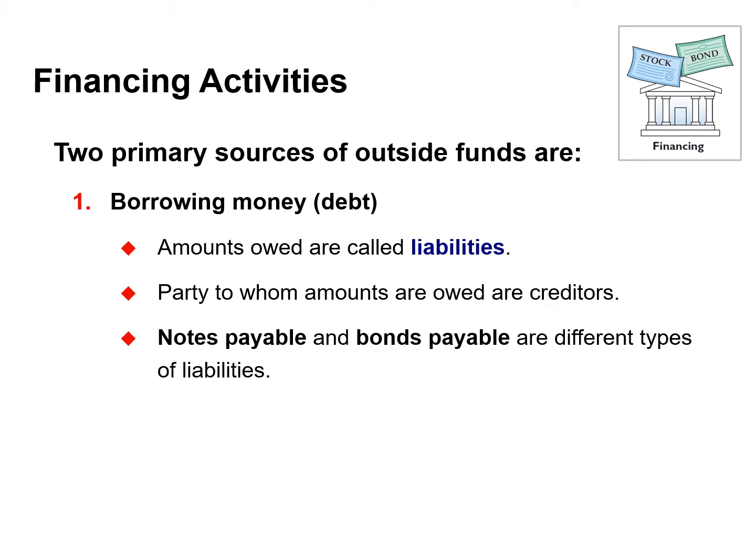Persons or entities to whom companies owe money are called creditors. Amounts owed to creditors in the form of debt and obligations are called liabilities. Specific names are given to different types of liabilities depending on their source. Companies may have a note payable to a bank for the money borrowed to purchase equipment. Debt securities sold to investors that must be repaid at a particular date are called bonds payable.